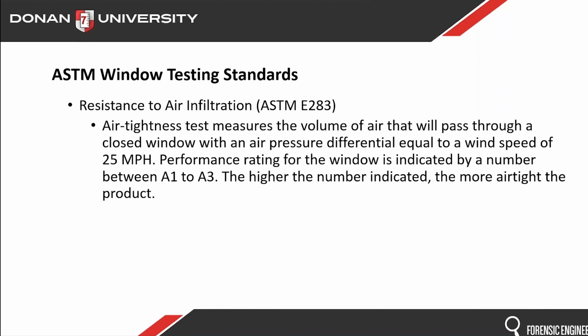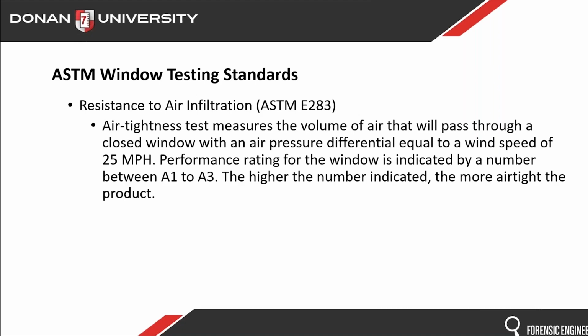One is the air tightness test, which measures the volume of air that will pass through a closed window with an air pressure differential equal to a wind speed of 25 miles an hour. So ask yourself, why 25 miles an hour? Well, we're talking about air tightness, and this is just a window performing in everyday environmental conditions. So 25 miles an hour winds, I know here in Mobile a thunderstorm can pop up and we get 40, 50 mile an hour winds in a heartbeat, but just everyday winds can get to that 15, 20 miles per hour speed